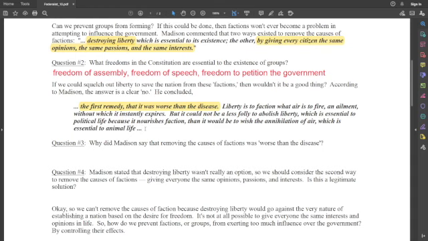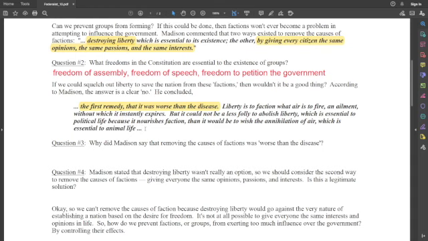Why don't you just drink bleach? Well, it'll kill the bacteria, right? But it'll kill you too. The cure is worse than the disease itself. Okay? And that's what James Madison is saying. He says, look,